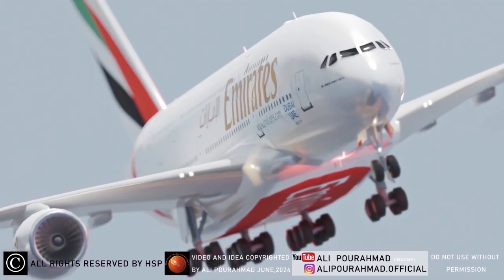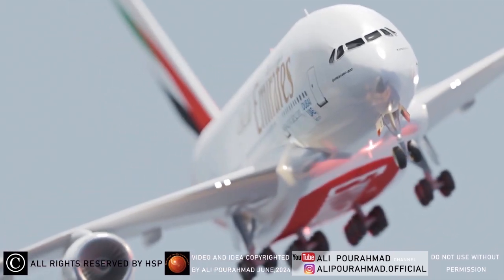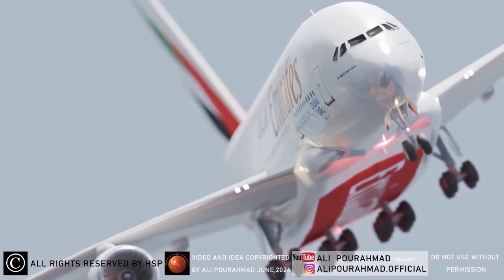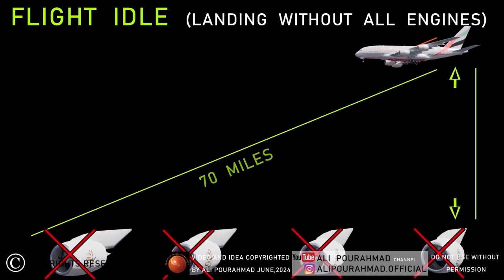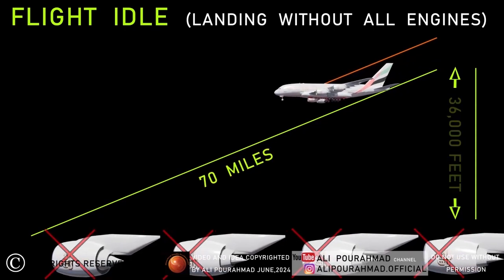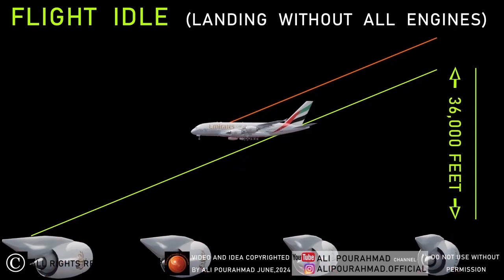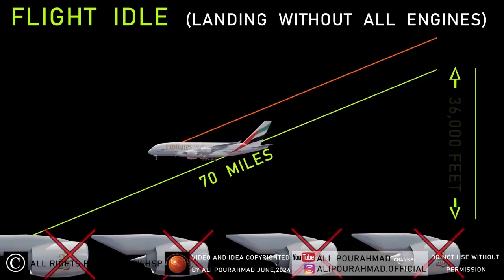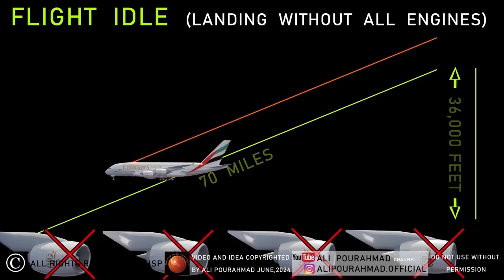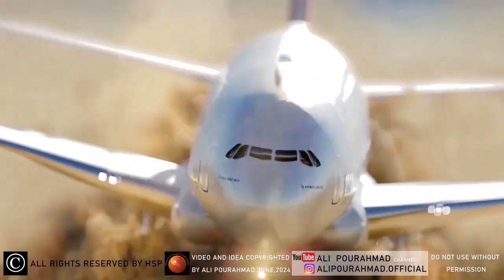For example, if an airplane has a ratio of 10:1 to continue flying without an engine, it means that during every 10 miles of flight, the altitude decreases by 1 mile. A plane flying at a normal altitude of 36,000 feet can fly for 70 miles before it hits the ground if all engines fail. But all this scientific calculation cannot guarantee that an airplane will never crash, because there are many